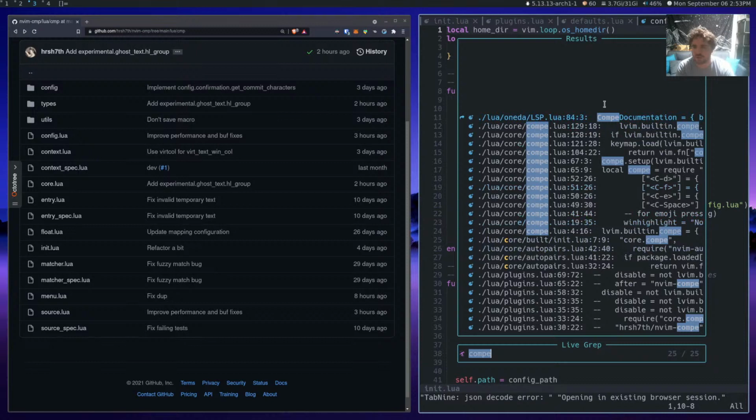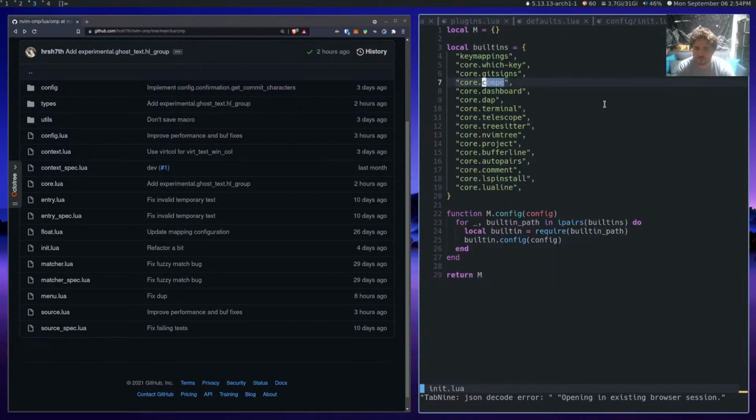Yeah, we're going to have to change the color scheme too, probably. Built-in Compe, then there's all this stuff. This is in core Compe. That's fine. We're ignoring all of that. Core built, what is this? Oh, local built-ins. So we'll get rid of that. And we'll get rid of this. Let's do search. Actually, you can do this thing with telescope now, where you can do telescope resume.